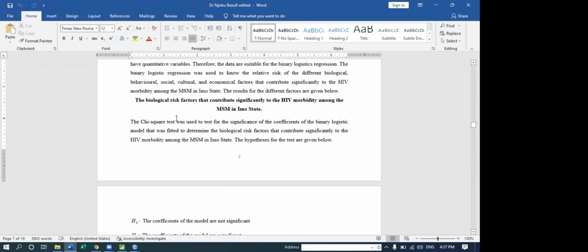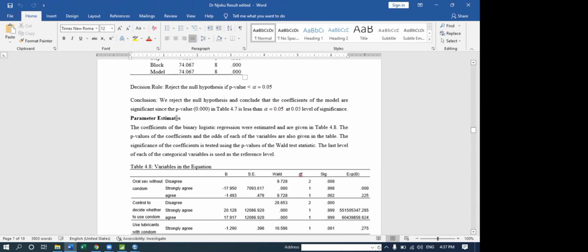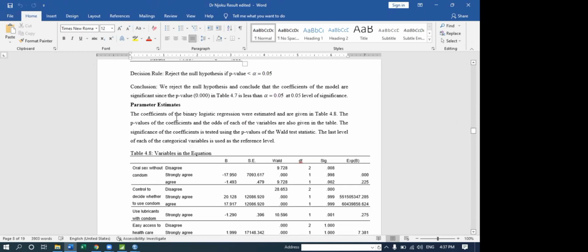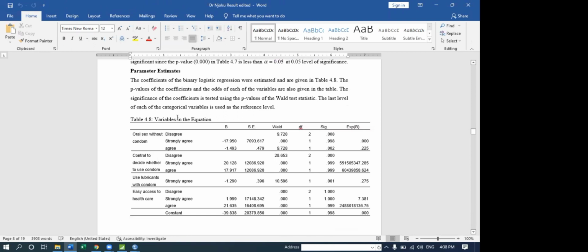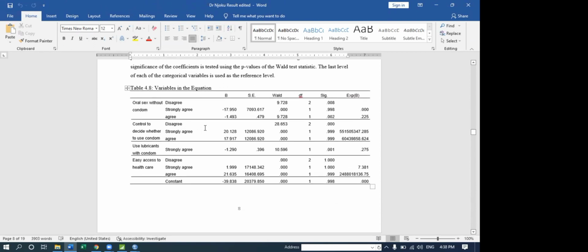Then you also interpret the R-square. I think for this work, I didn't interpret it because the client didn't want it. But you also interpret the R-square. Then this is where the main work is. So first, you check if the variable is significant. So looking at this,